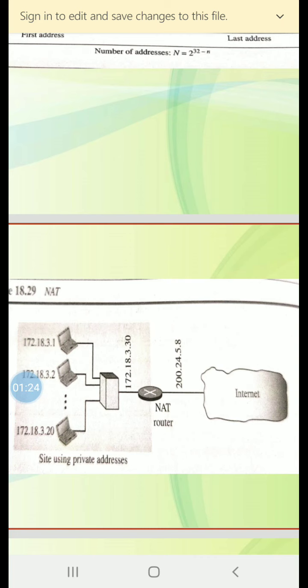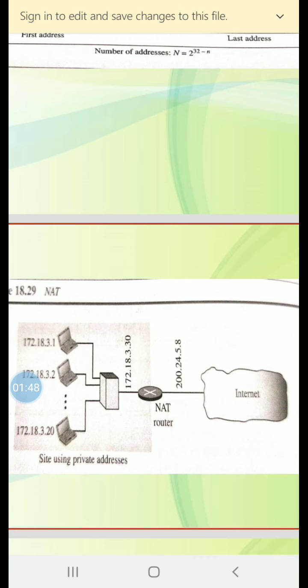There may be tens or hundreds of private IP addresses, each belonging to one specific host. Then the NAT router, which has been shown here, having a translation table can solve the problem. How is it? Using one IP address.